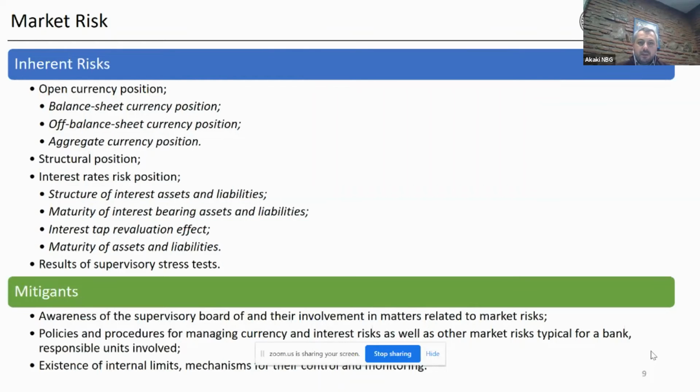At this stage of banking sector development, in regard to market risk, we have two major risks. These are FX currency position risks and interest rate risks. The starting point of a market risk assessment is traditional: we begin with an assets and liability structure assessment, and we also look at the maturity and the assets and liability gap. In addition, in terms of evaluating FX currency risks, we mainly observe the aggregate currency position in main currencies and also compliance with regulatory limits.